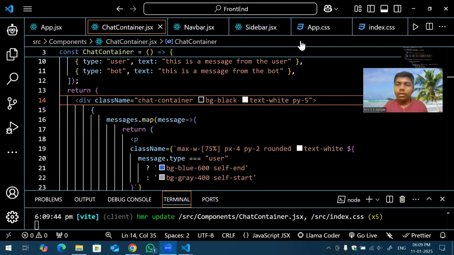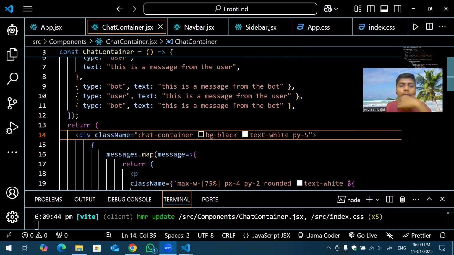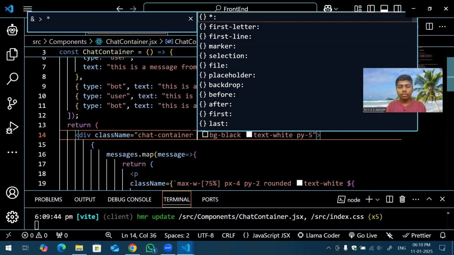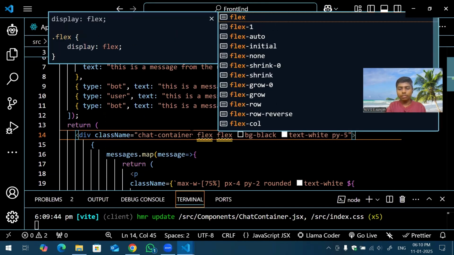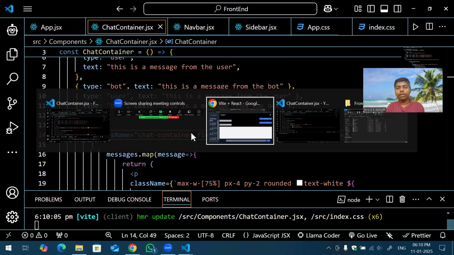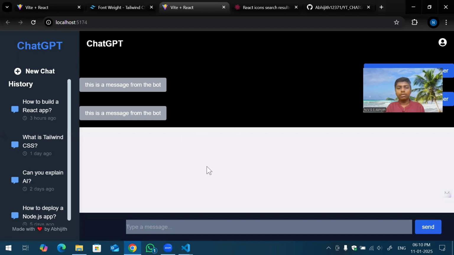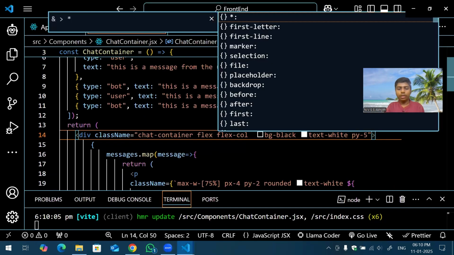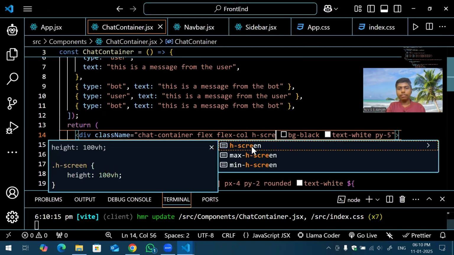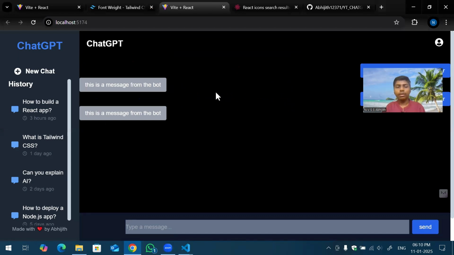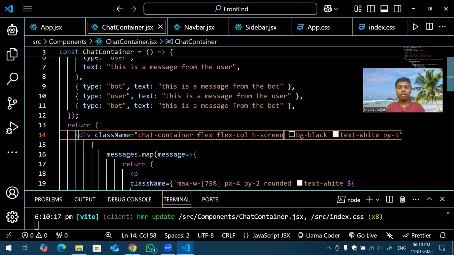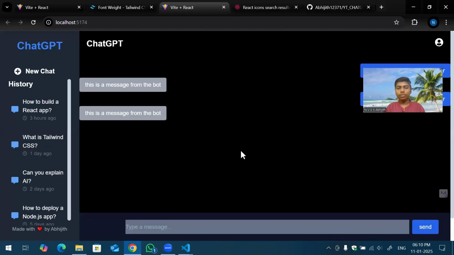Then why the changes have not been taken? Here what we have done was, let us write flex and flex bot. Now the entire interface will be changed like this. So to cover the entire screen with this chatbot, here we are going to write hide screen. So now the chatbot will cover the entire screen. Here let us build a simple demo chatbot response, showing how the user and the chatbot response will be printed dynamically. For that, what we will do is